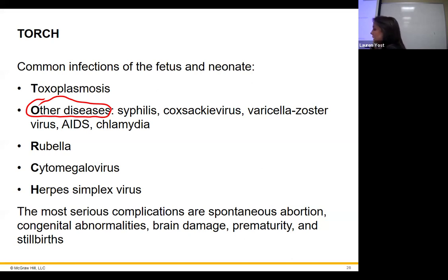However, if you are pregnant, it is a much bigger problem. Not while you're pregnant so much as during birth. Because if the baby is exposed to the HSV, the herpes, during birth, let's say you're having an outbreak on the genitals and you're giving birth to the child through the vagina, and the baby is exposed, it can get into any part of the body and cause all these problems and real issues.